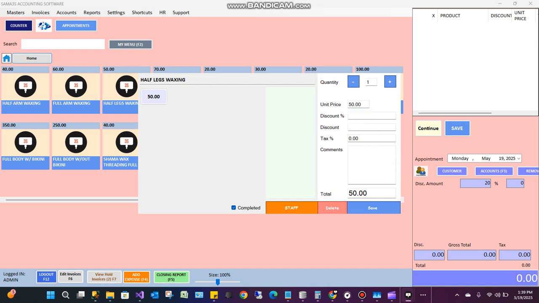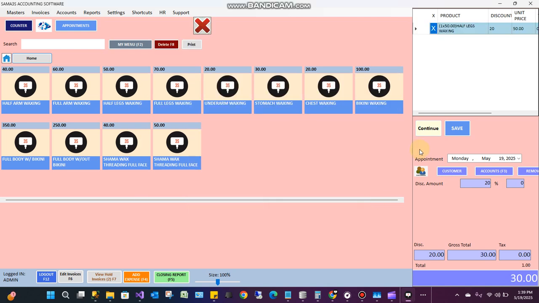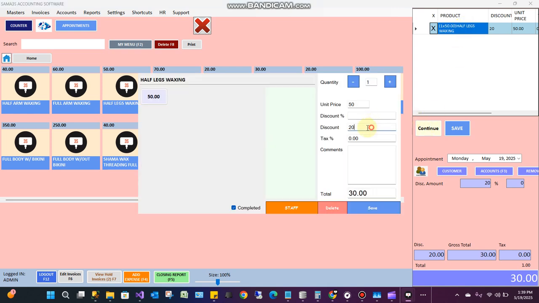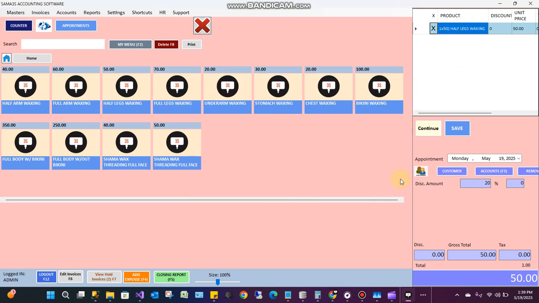But if I want to give an amount discount, not in percent, I can give it in this one. For example, I want to give 20 discount. I will give the price over here for discount and click on save. I can also remove the discount by clicking on the item, then removing the discount from here, then again clicking